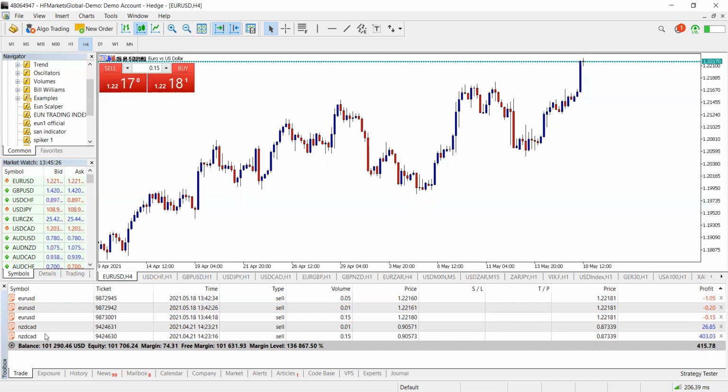You will notice that. So why does equity move? It's because equity is the money that you remain with after you close. So equity is your current balance after closing the trade. Equity is affected by the total trade. As the trade moves here, it affects the equity down here. So if I close this trade, this equity will turn into the balance. That's why it moves up and down.